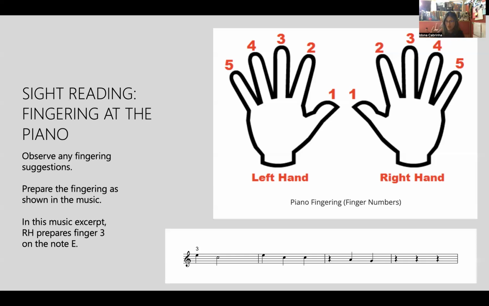Okay, now I'm going to prepare finger 3 on an E. I'm going to find the note. So it's E, and it goes down, and it went back up and back down, and then it repeats, and then it goes down again and down again. Okay, now I'll use a steady tempo. Ready, go. 1,